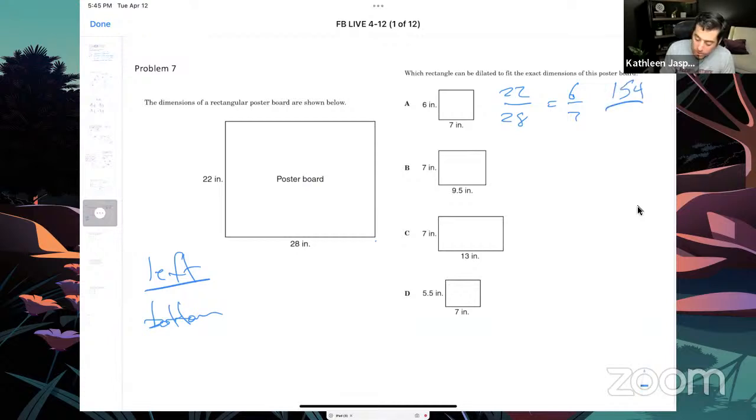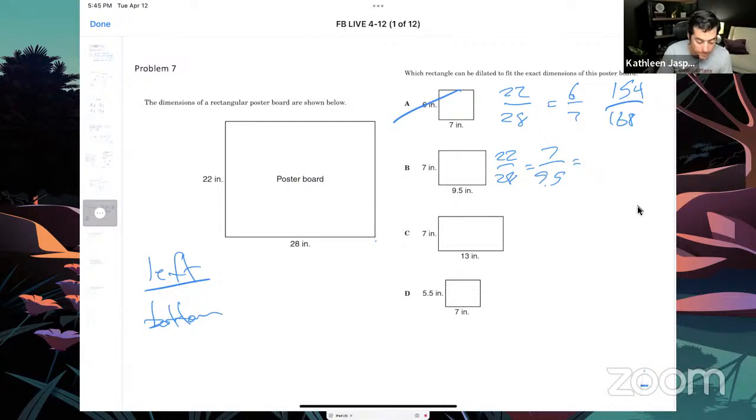154 over 168, right? I did 22 times 7, and then 28 times 6. So 154 over 168. If they were proportional, then these numbers would be the same. So this one is out. So the next one, 22 over 28 equals 7 over 9.5. So then do 22 times 9.5,